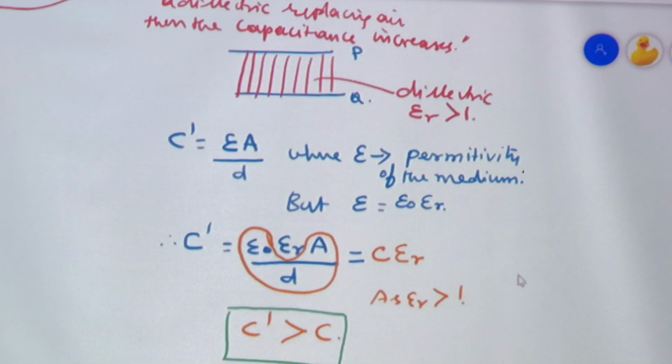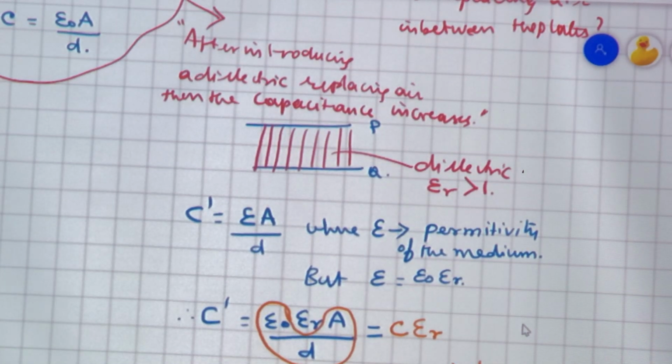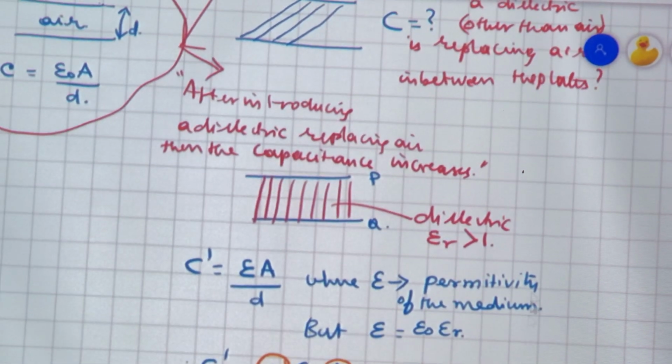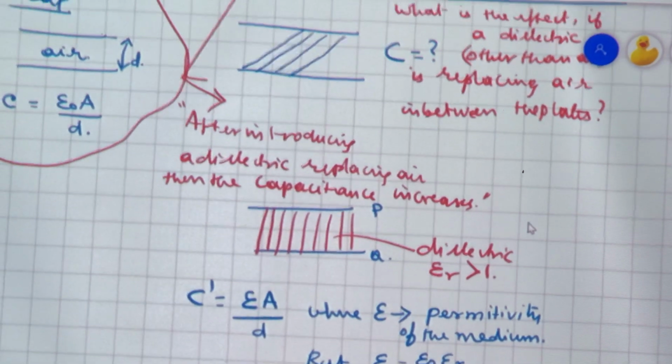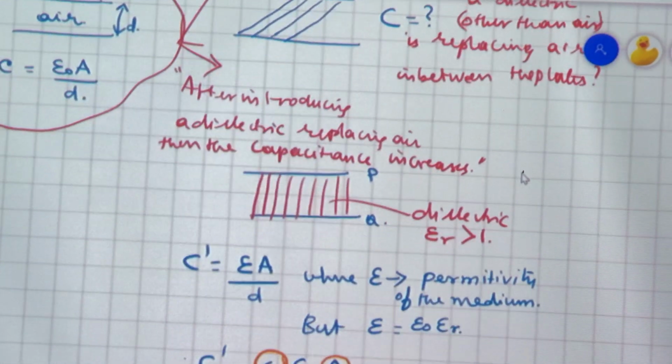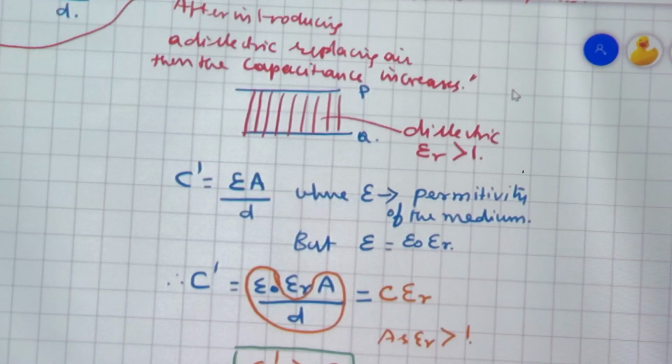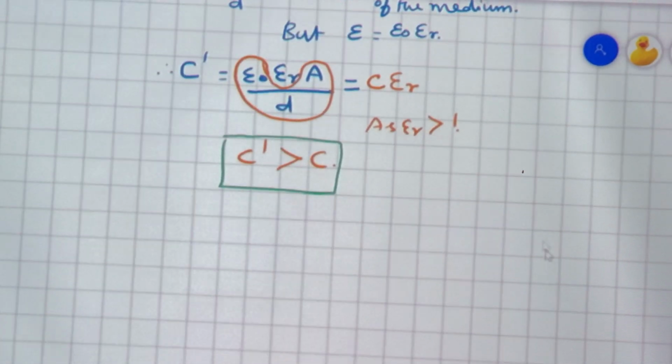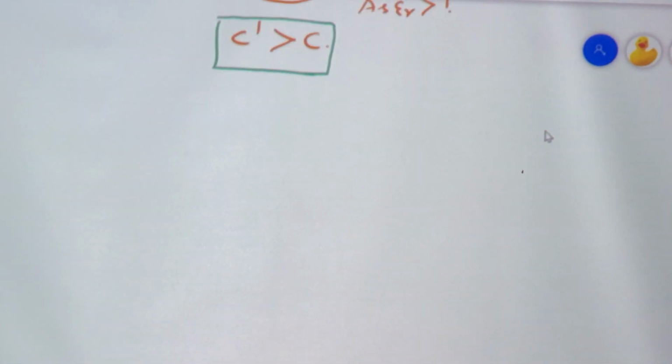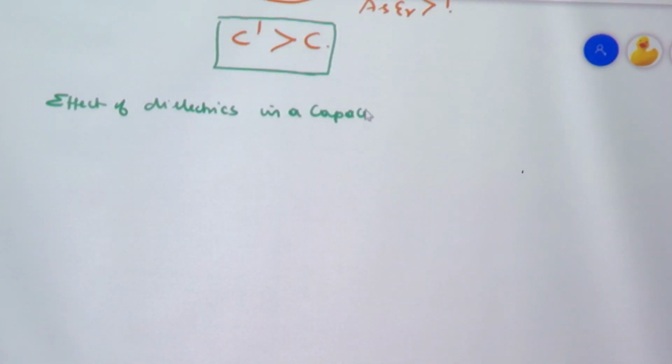See, you should consider this a general concept which will be used for writing your public examination problems as well as entrance examinations. It is not dealt with in your book directly, but this is the simplest way. So how it is dealt with in your book, that we have to study. In your book, we are considering the effect of dielectrics in a capacitor.